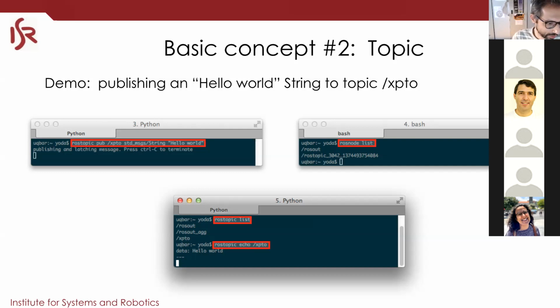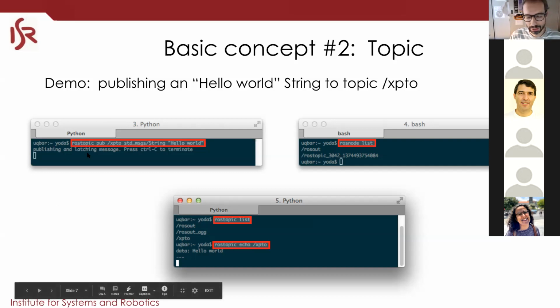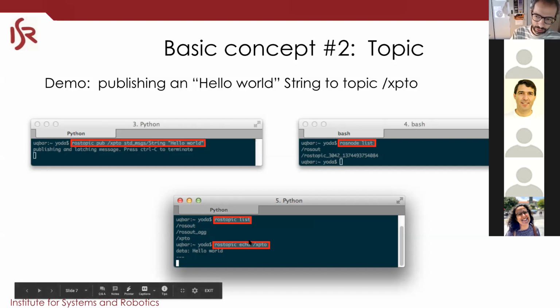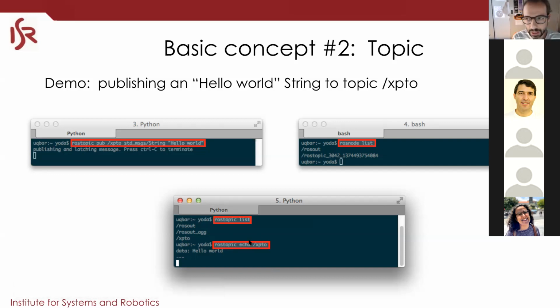That's what it says here, publishing and latching message. Okay, and so when ROS topic pub runs, it creates a latched topic, sends one message, so that when the ROS topic echo subscribes, it will get the message that was published before. Okay. In non-latched topics, that will not happen. Okay.